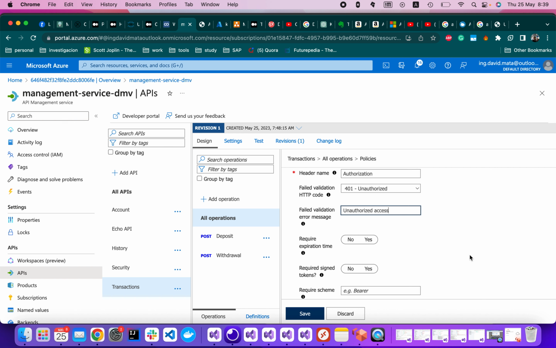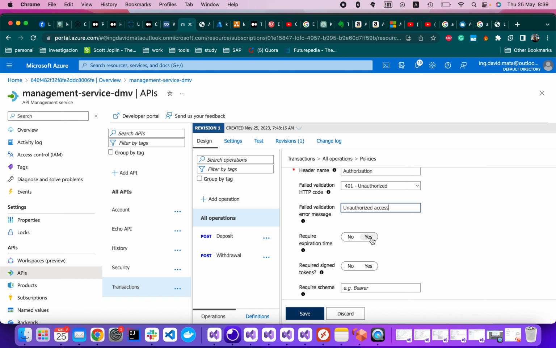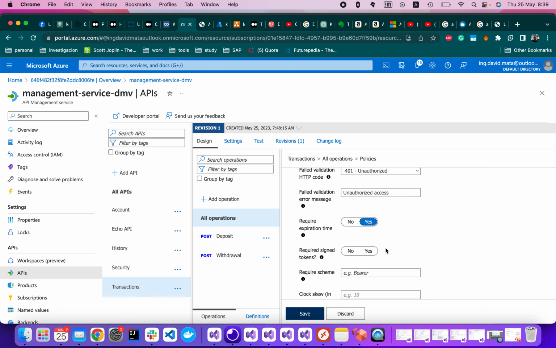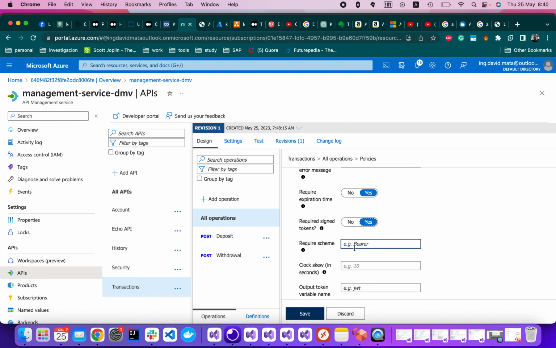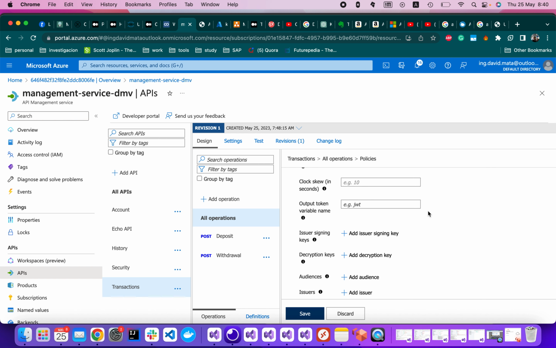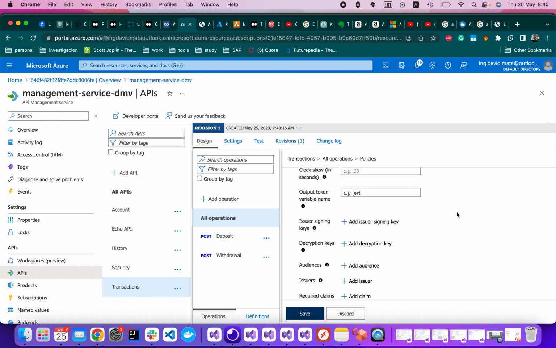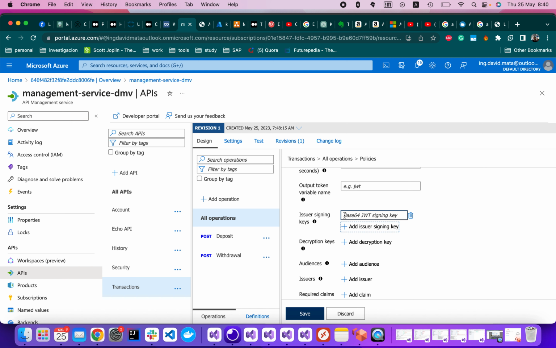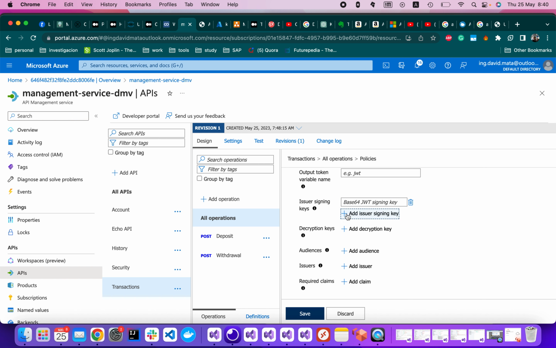Access. Do we want to validate the time in the JSON web token? We click yes. Do we want to validate that it is signed? Yes, also. The scheme is going to be bearer, and we can leave this as it is. We don't need to add them. We need to add the issuing key, and for that we go to the